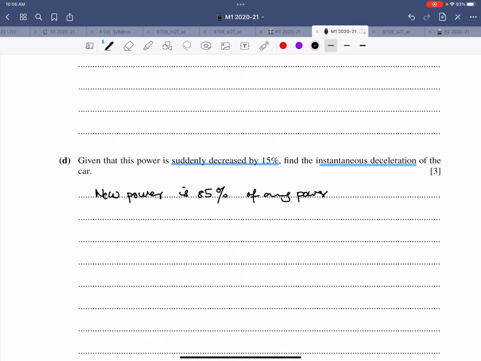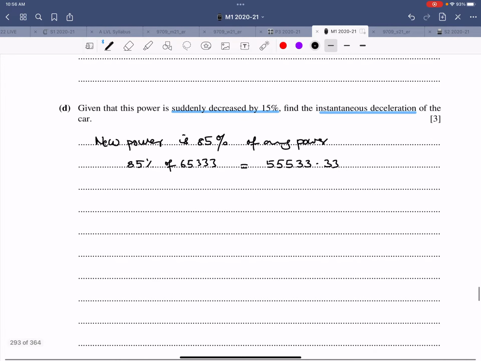So what is the original power? 65333. So 85% of 65333 is, let me calculate, into 0.85. That is 55533.33. So therefore, the new driving force is